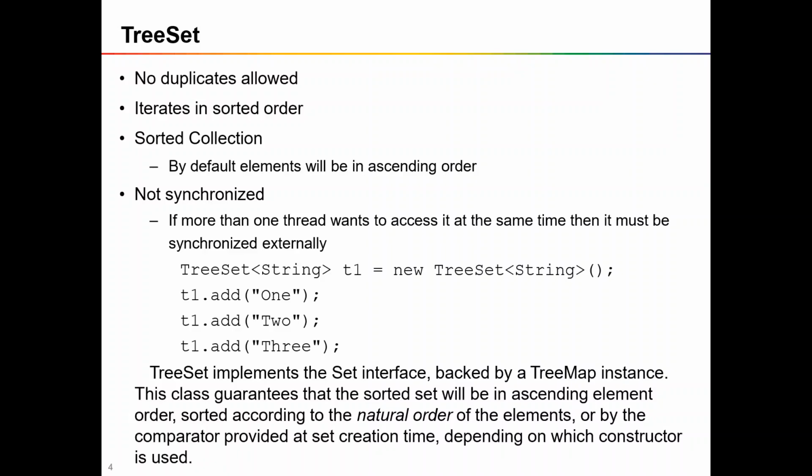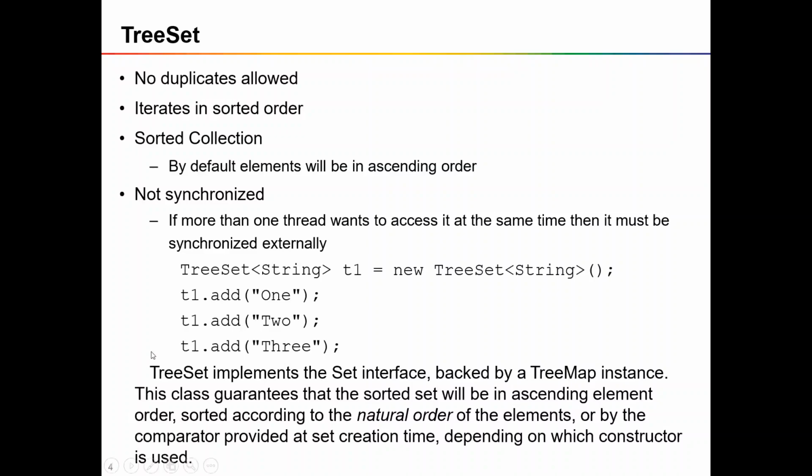If you are using TreeSet in a multi-threaded environment, then thread safety is a part the developer has to enforce. A TreeSet is not synchronized, and all its methods are not synchronized. If you want to create a TreeSet in Java, this is the syntax. For TreeSet, you can mention the type. The type can be a primitive type, a string type, or your user defined class type. It may be of any type.